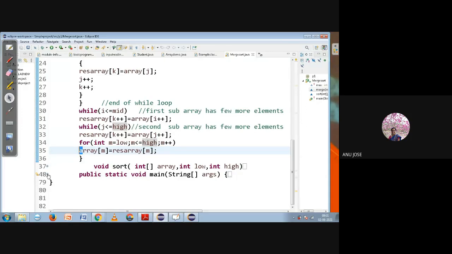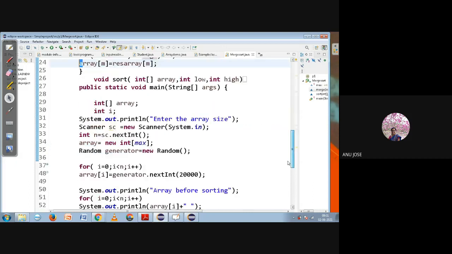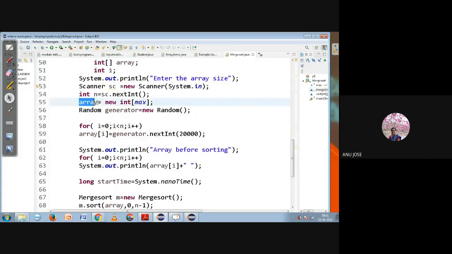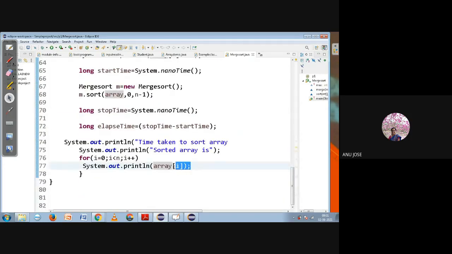Why are we doing that operation? Because in this particular array we generated the random numbers. So after sorting, we need to get the sorted array in this particular array itself, because the value I am printing at the end as the sorted array element is array of I. But now the resultant array has all the elements I have sorted, so I should copy them back into array of I for storing all the sorted elements. Okay, this is the explanation for this code. If you are not clear with any line, you can just ask me.